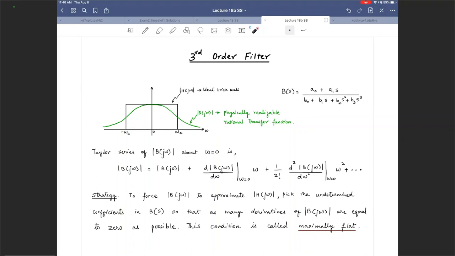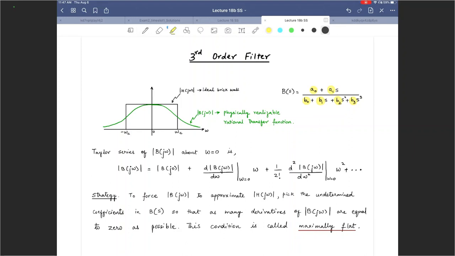Now, if I was able to find all the coefficients a0, a1, b0, b1, b2, b3, then I know what that physically realizable rational transfer function is. So my goal will be to determine these coefficients a0, a1, b0, b1, b2, b3